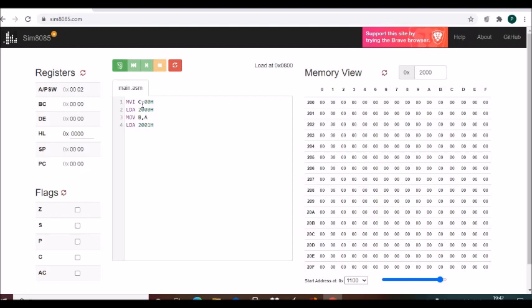So whatever data is in 2001H will go to the accumulator. Then ADD B, so the data of the accumulator and the register B will be added and the answer will be stored in the accumulator. Then JNC skip. So if carry is not generated, it will jump to skip. Skip is a label.